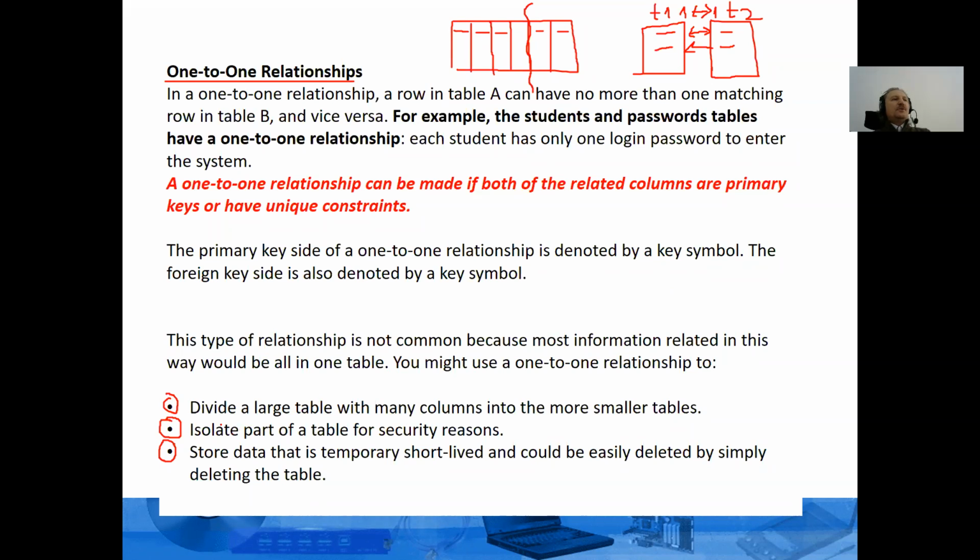So why are we going to use a one-to-one relationship? If you have one huge table, for example one large table with 50 columns, what can you do? You can divide it into two tables. You can put 25 columns into one table and the remaining 25 columns into another table, or